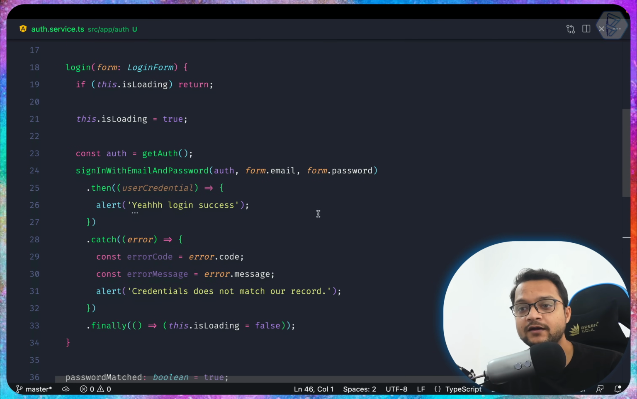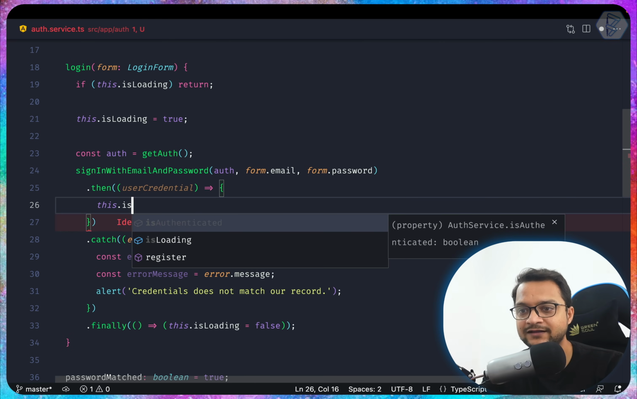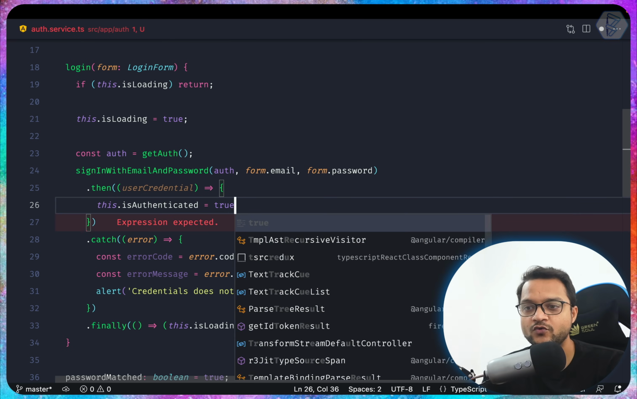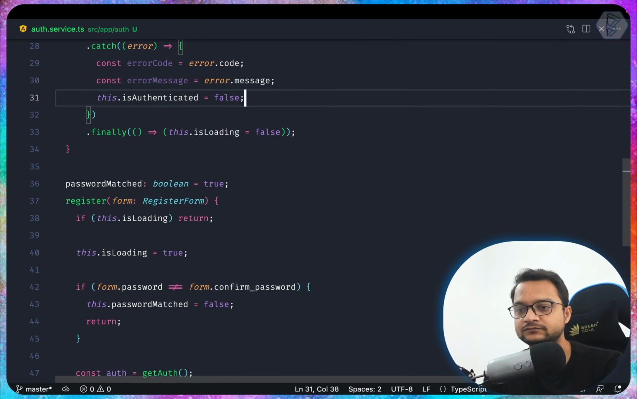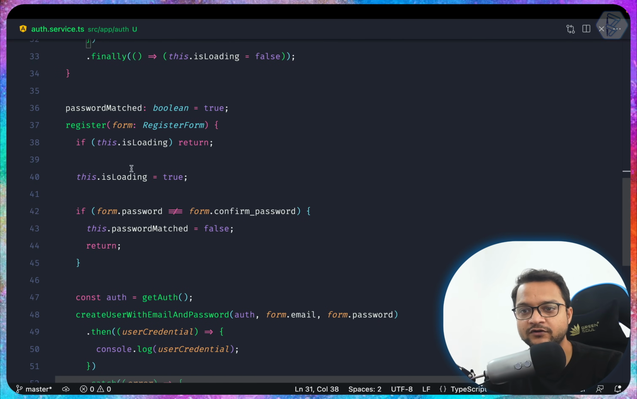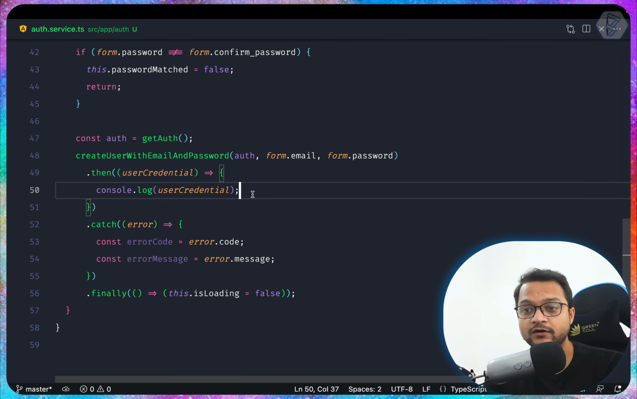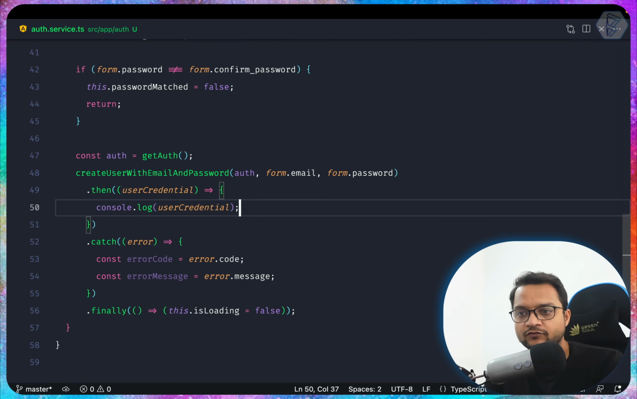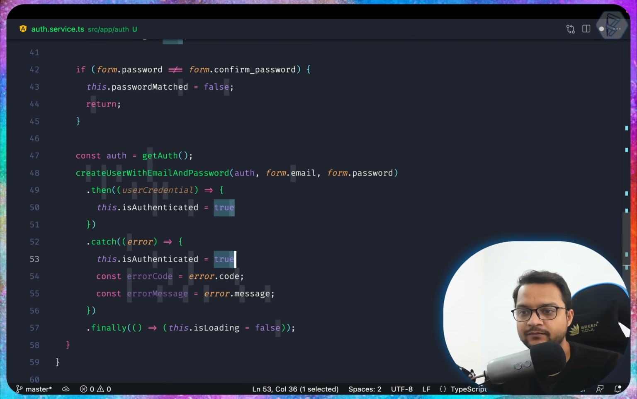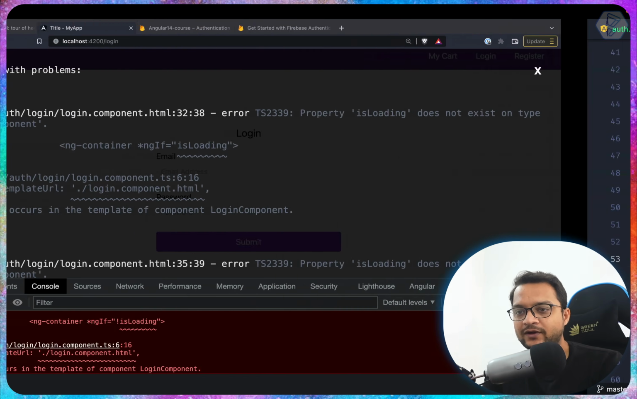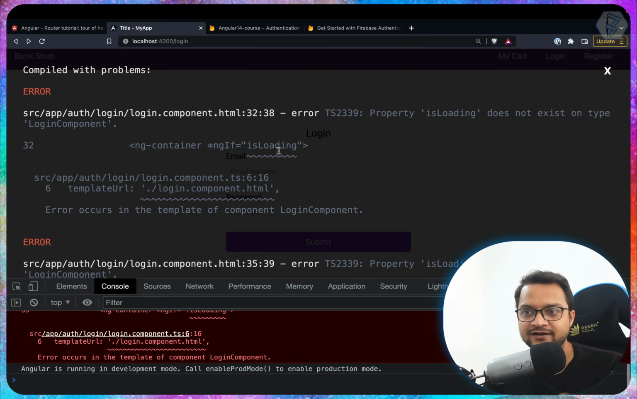But remember one thing, when user is successfully logged in, yes, we need to set this dot is authenticated to true. But if the user is not able to log in, it's going to be false. And if the user is registering, then we need to redirect user to our home page. So for now, I just say this dot is authenticated is equal to true, and if there is any error, make it false. Now let's try this, and if I go on the login page, it says, hey, I need